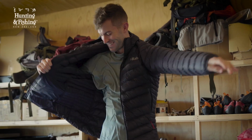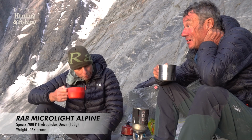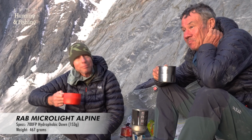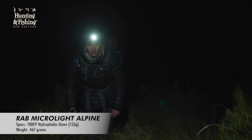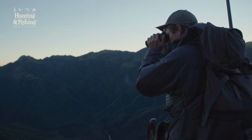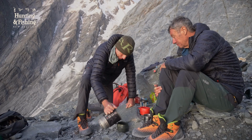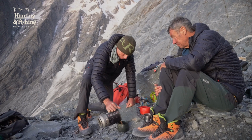When used in conjunction with our synthetic jackets on trips, we tend to take one of the lighter weight RAB down jackets like the Microlight Alpine. We'll wear this underneath our synthetic jacket when we're most cold, such as glassing in a cold breeze, sitting around inactive, or in the sleeping bag at night. They're definitely less robust and tear resistant than their synthetic cousins, but by taking care with them, we're yet to